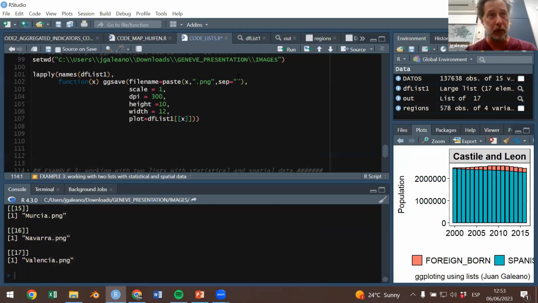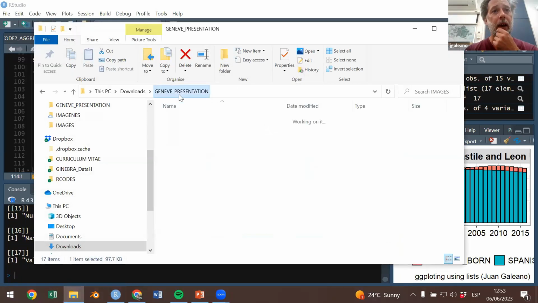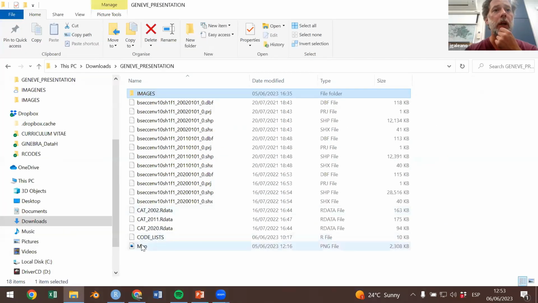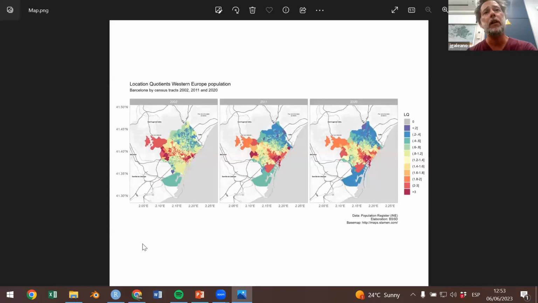So this was my second example that I want to share with you, creating multiple ggplot objects and saving them as an image. And the last example that I want to show you here is